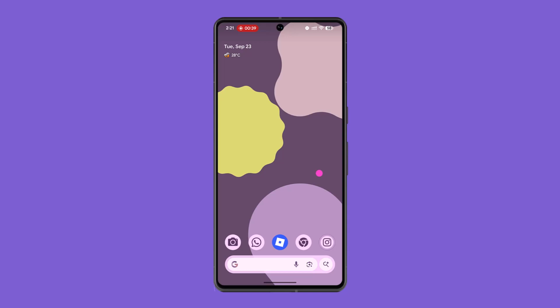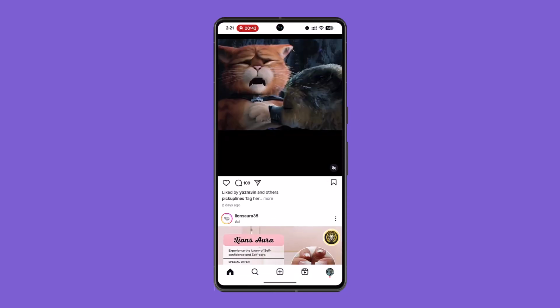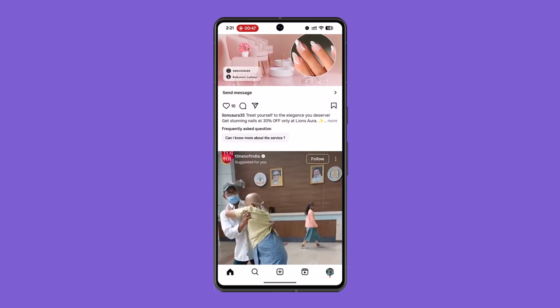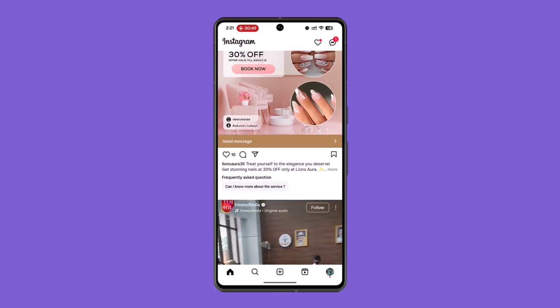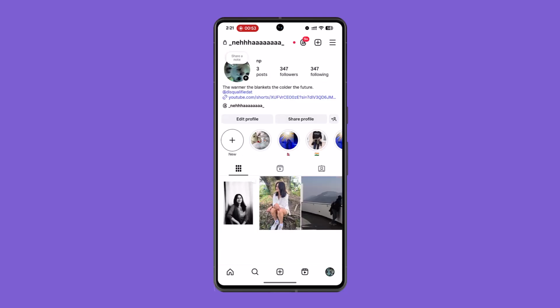So basically, you could go through a feed if you go ahead and open it up. Likewise, you could go through it, but there's a limited feature set that is going to be available if you actually go offline on Instagram. Now, instead of that, what you could do is simply tap on the profile initials,